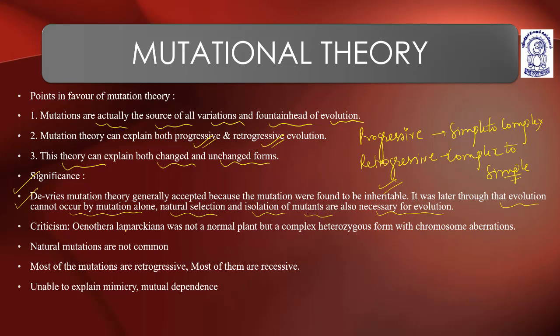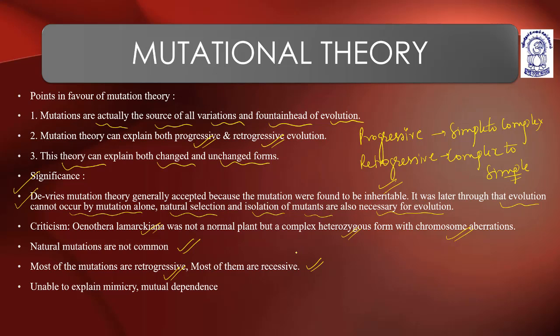Okay. Criticism. Oenothera lamarckiana was actually not a normal plant. It is a heterozygous form having chromosomal aberrations. Okay. Increase or decrease in total number of chromosomes from the normal variant. Natural mutations are not common, they are very rare. Most of the mutations are retrogressive, meaning from complex to simple. Most of them are recessive,